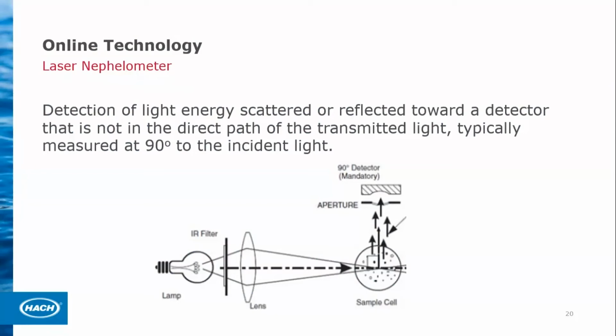What is a laser nephelometer, or a nephelometer in general? Basically, we're sending a light through a sample. We're looking at the 90-degree deflection. Some of you may be familiar with particle counters and say, well, what's the difference? Well, a particle counter uses light scattering, more of creating a shadow. And that's been used in the past for